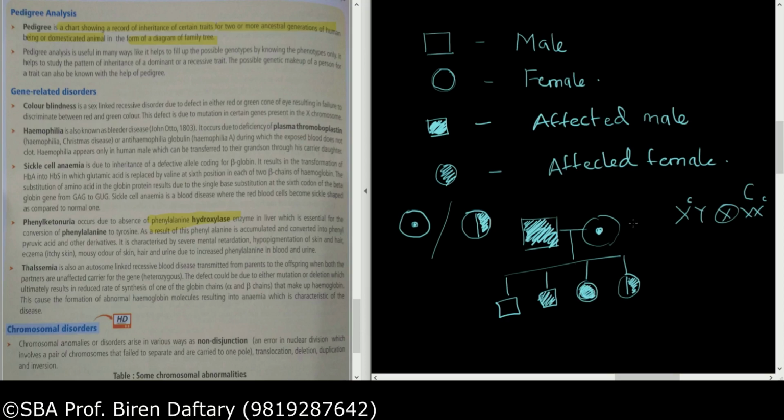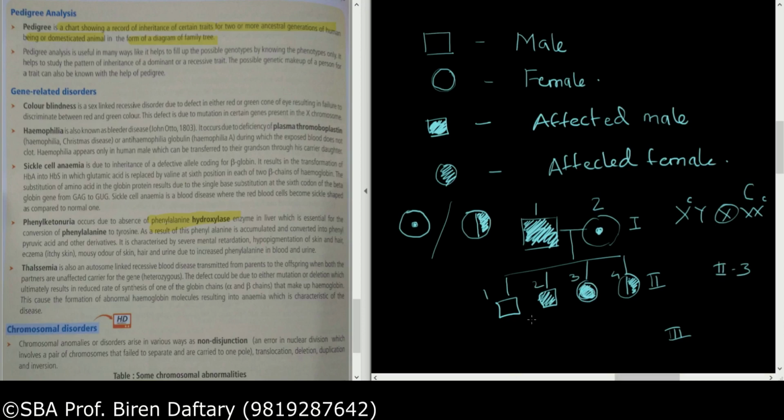Now these are the parents, this is the first generation, the next generation is second, and the generation after that will be third. If I want to show an individual, I will give numbers: this will be 1, this will be 2, 3, 4. So if I want to speak about this daughter, then I will write her as 2-3. So second generation, third offspring. Are you getting my point?